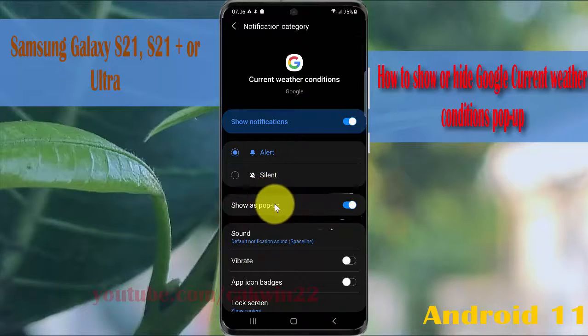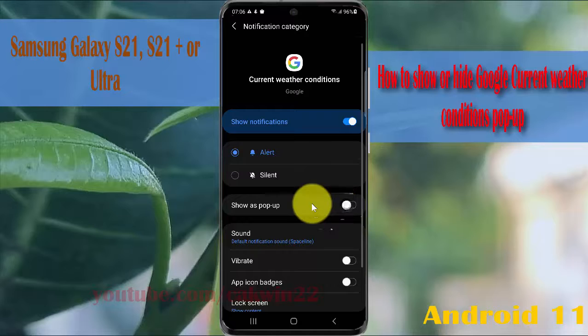or to hide, tap the switch until black or until white. Tap the switch until blue to show as pop-up, and tap the switch until